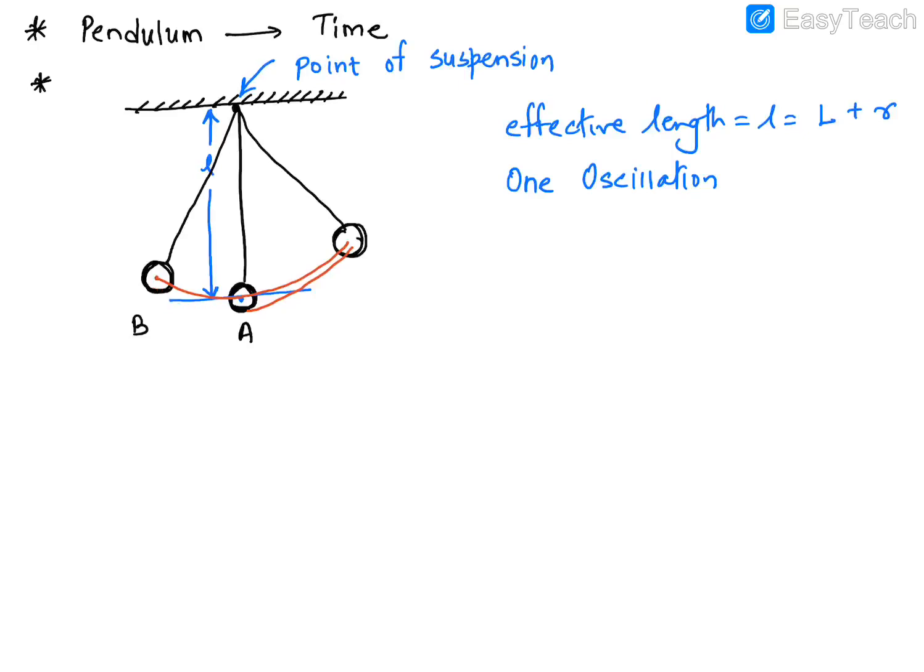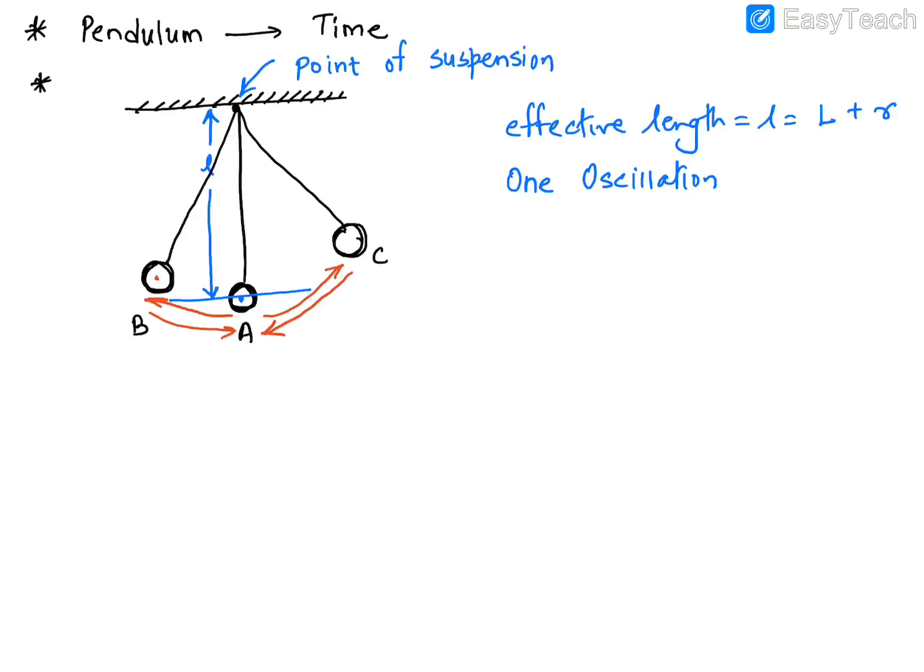So the to and fro movement is called as what? Oscillation. But what do you mean by one oscillation? So one oscillation means what? When a bob travels, say it is going first from A to B, correct? Then it comes back from B to A. Then again from A, it will go to another point C. And then when it is coming back from C to A, okay, then it is called as one complete oscillation.